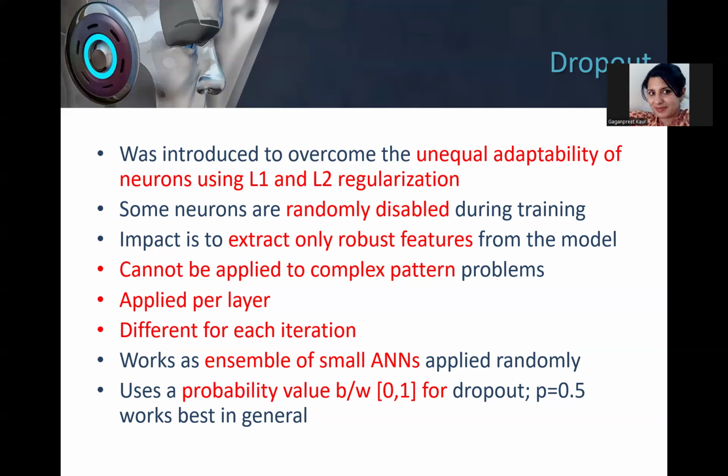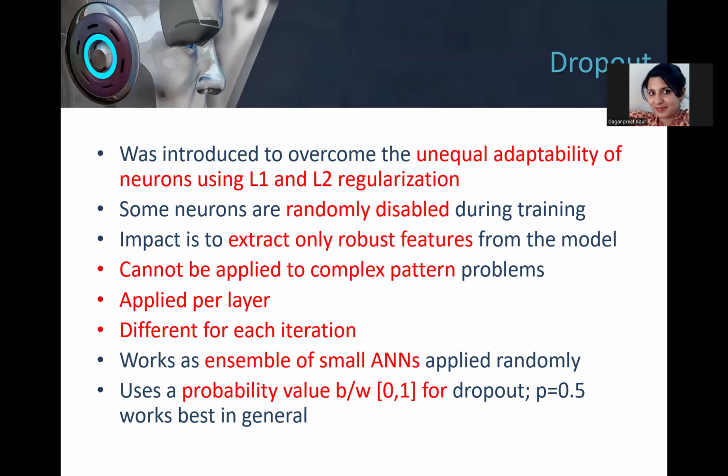So in an early iteration I can retain the upper 5, and in the next I can retain the lower 5. It means that at a time when a group of neurons is applied, I am able to understand my network better, though it obviously comes with some cons of increased learning time. But still it is preferred over L1 and L2, because L1 and L2 are constantly applied across your entire fully connected network. So there is no adaptability in that.